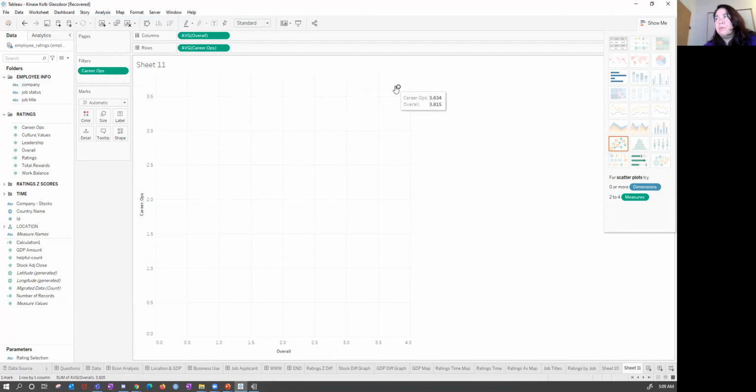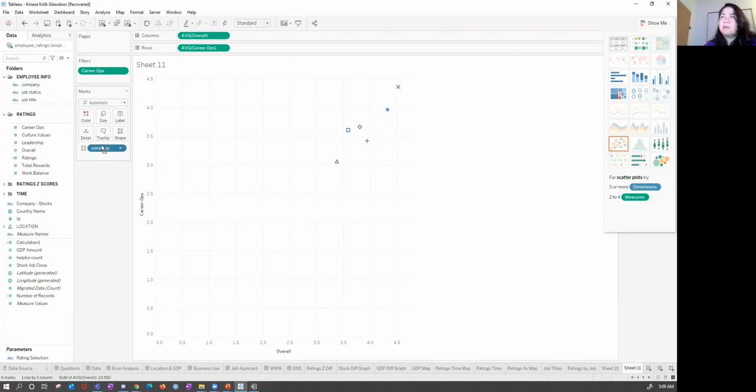The reason this often looks like just an aggregated one is because it's meant for big data. Tableau isn't meant necessarily for a small amount of data points. But we can start adding these in, and I don't like this there, I want to color. Okay, so here we have the different companies, and it's just showing their average ratings here, but you can see that